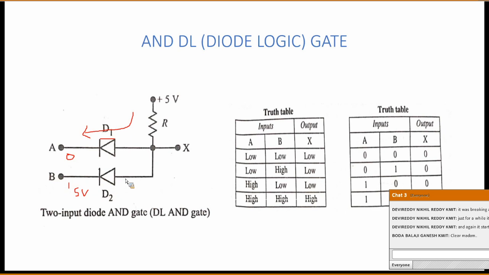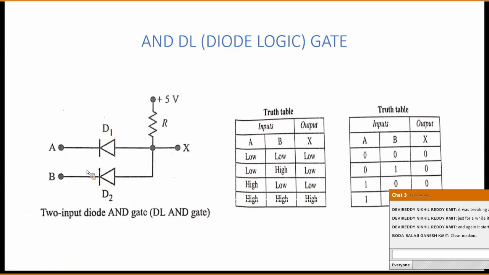It is nothing but zero bias, or we can also call it no bias. So the no bias state is treated as reverse bias, and it acts as an open circuit path. So no conduction through this diode D2. Since one diode is conducting, the output is equal to 0 because we have very little voltage drop across this output. The total current is flowing through the resistor R and D1, so